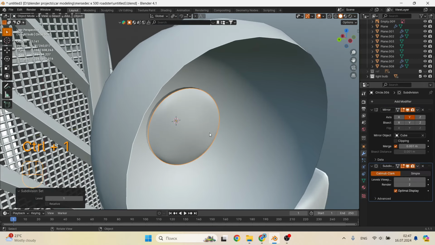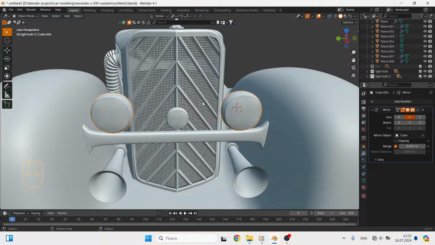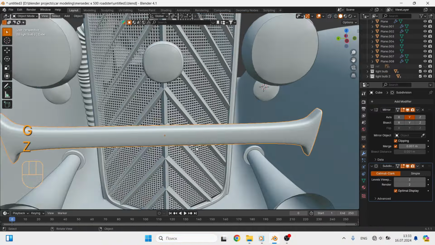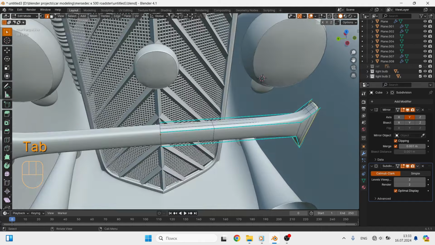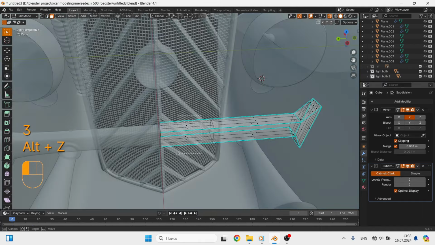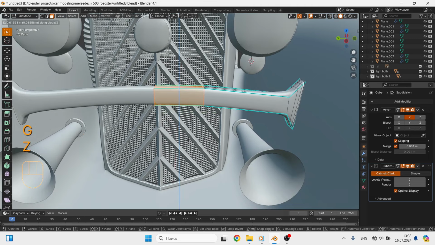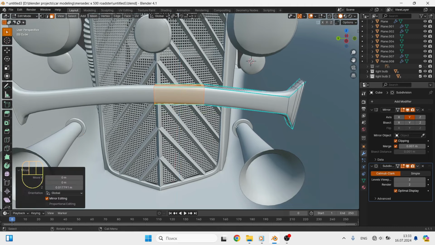All the elements inside the headlights I tied to the headlight housing, so in order to move them I choose just the housings. I need to raise them up so that they don't interfere with working on the mounting strip. I want it to be slightly curved in the center. To do this, in Edit Mode you need to select the central face and slightly raise it along the Z-axis.